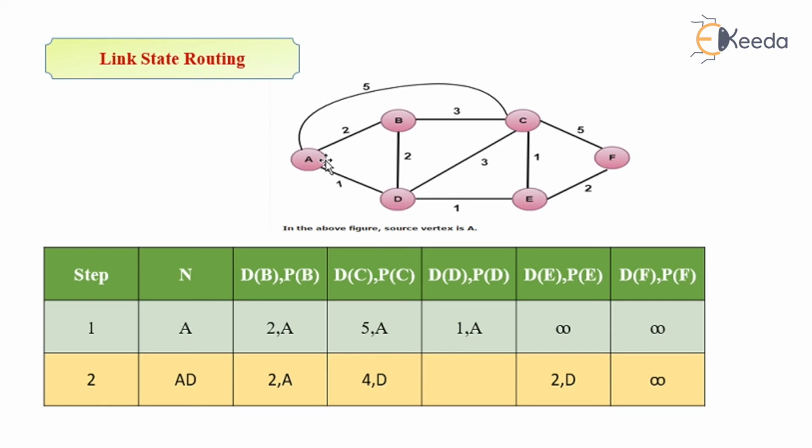Now we cannot have a self state, that is why for the AD segment moving to D, it is kept blank. Next one, AD to E. For the segment AD, E is a direct connection with cost 2, and for E the previous node is D. Next one is F. How do I reach from AD to F? There is no direct connection here, that is why I am mentioning infinity. That is all about link state routing. Thank you.